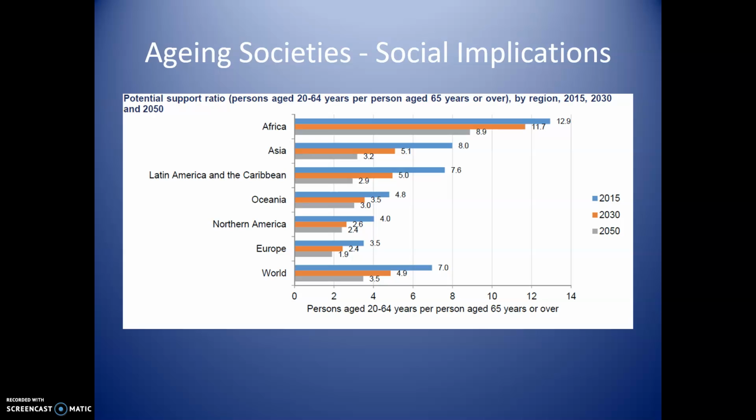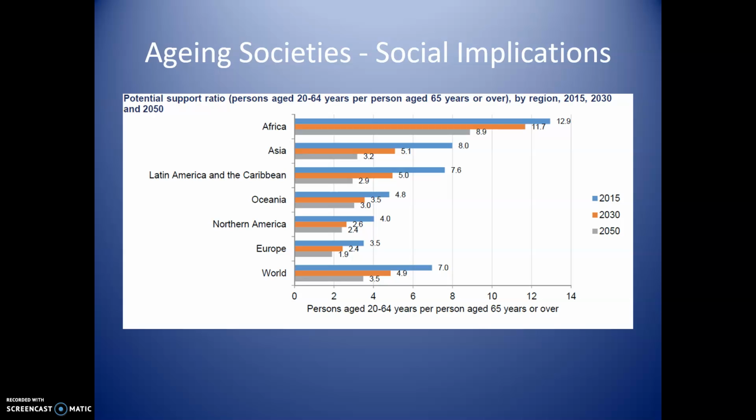So we talked about the potential support ratio. And remember, this has a really big implication. You need to have enough people of working age to support the people who have retired. But look at what's happening here. In the developing world, we still have a very high potential support ratio, a large proportion of young adults in working age compared to older retired people. But as we get more wealthy and our population ages, that potential support ratio drops dramatically, so that in North America it's 4, in Europe it's only 3.5,